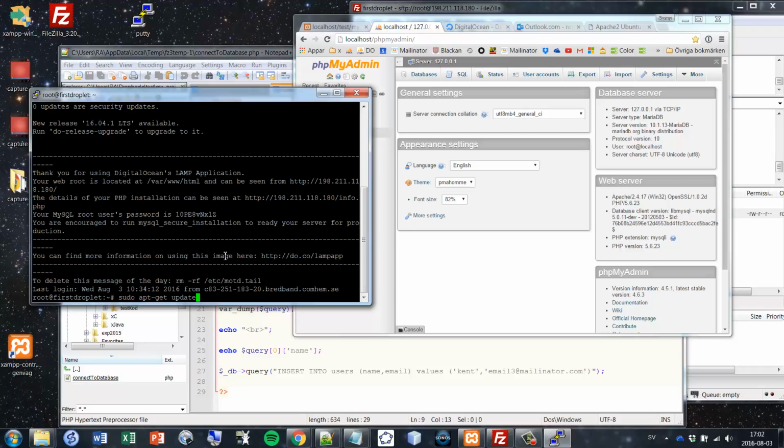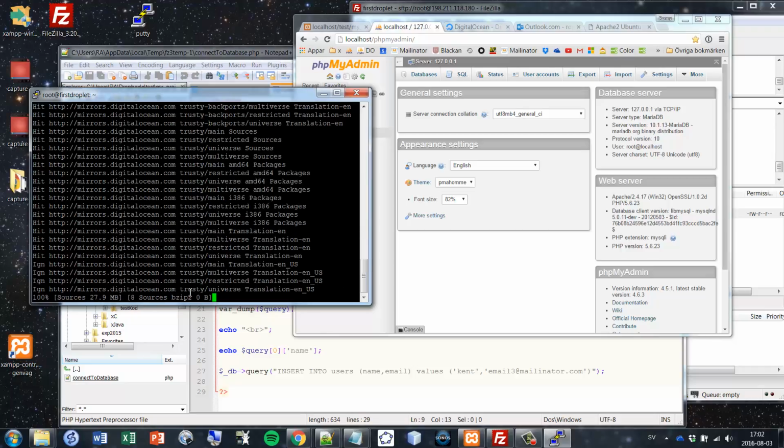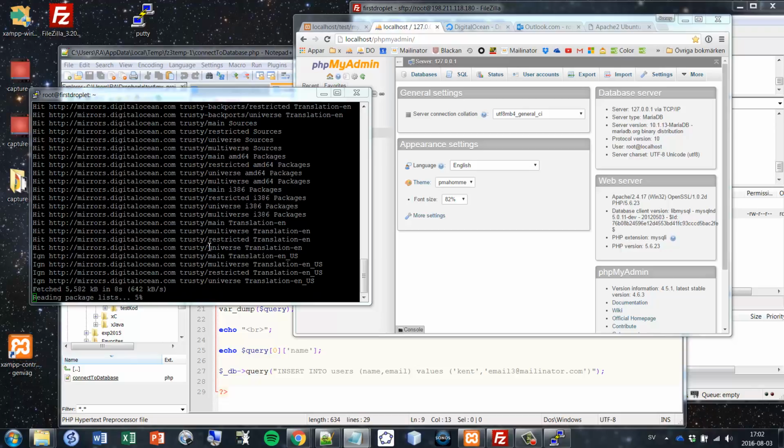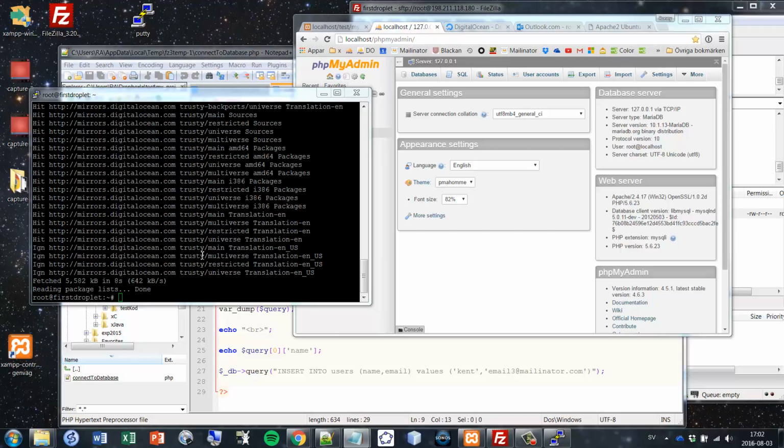Sudo apt-get update. Hit enter, and it's gonna look for updates, and then we're gonna do the next command, the command we're actually using to install phpMyAdmin, and that's gonna be this command here: